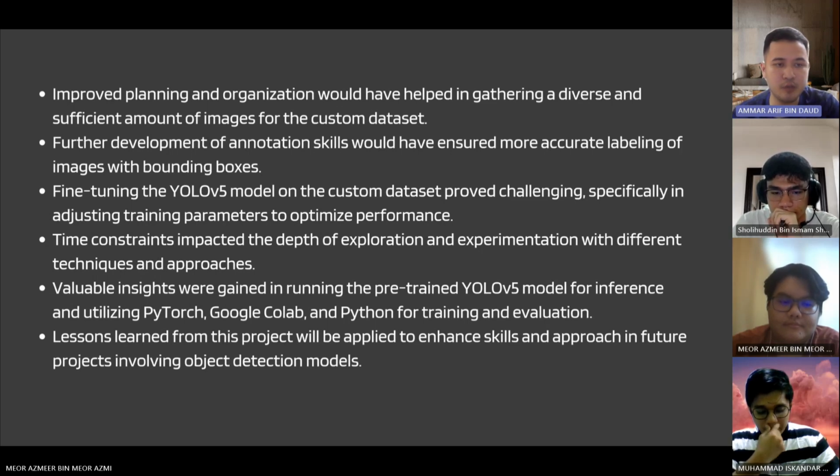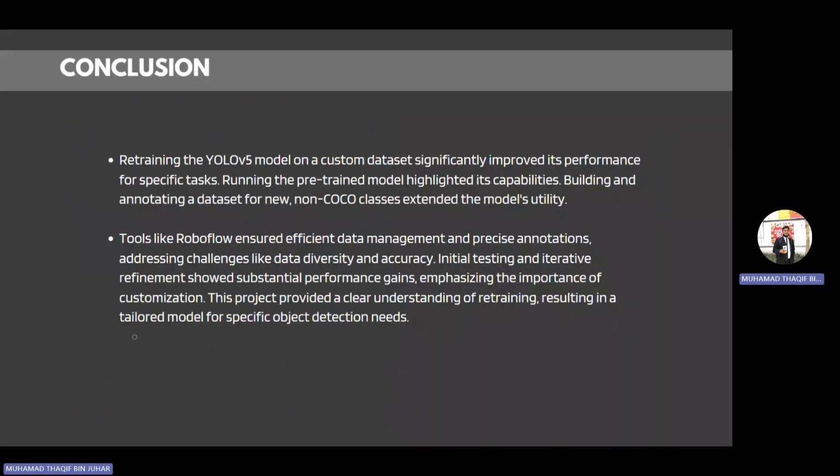Next, valuable insights were gained in running the pre-trained YOLO V5 model for inference and utilizing Python, PyTorch, and Google Colab for training and evaluation. And lastly, lessons learned from this project will be applied to enhance skills and approach in future projects involving object detection models. For a conclusion, here we can conclude that retraining the YOLO model on a custom dataset significantly